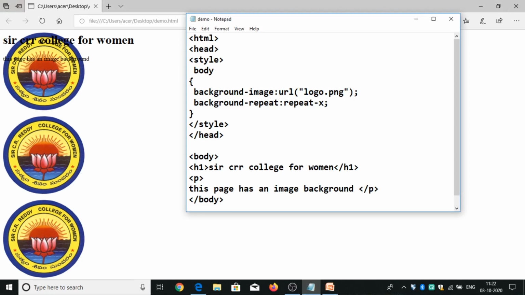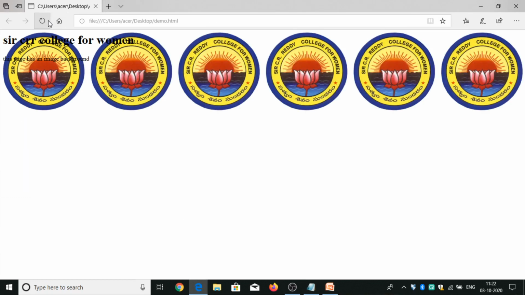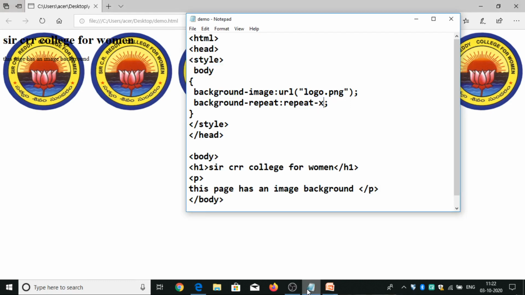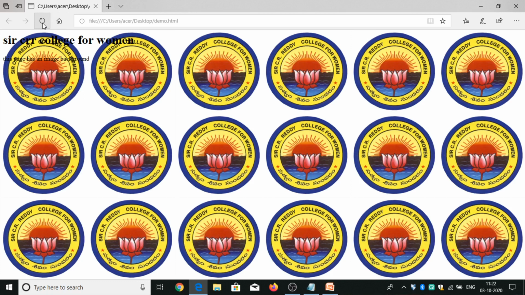I am taking x. This is the x-axis, horizontally on a web page. If I don't want either the x-axis or the y-axis, then go for no-repeat. Then the image appears like this, a single image on the page.